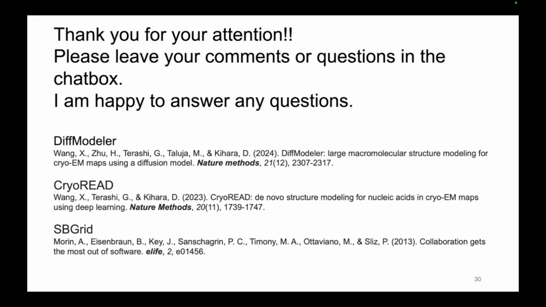Another question that we had was, when using CryoREAD, how do you interpret the confidence in the type of base assignment? Is it simple to tell which bases are confidently predicted and which have a high probability to be mislabeled? Oh, good question. The probability itself is showing the confidence. So if the predicted base type has a high probability, that means it's very confident of that base type.